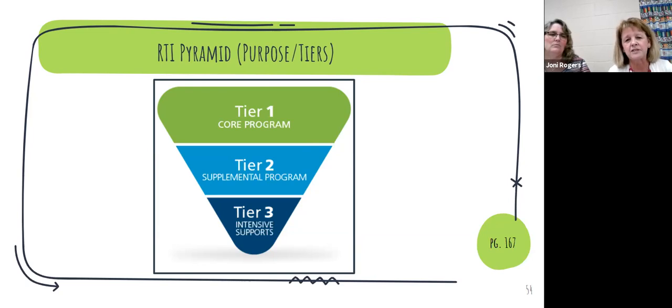And I think they kind of refer to it as a funnel, so that we're all at the top. This is the whole classroom. And then we go down to each tier to reach the students where they are. Tier 2 again is where they get the intervention help through our small group, and we get our groups through the data that we take off of our assessments to see who has mastered a skill and who has not. I'm just going to go through the book Learning by Doing on page 167.